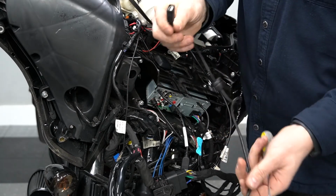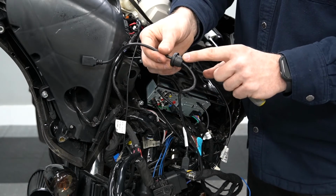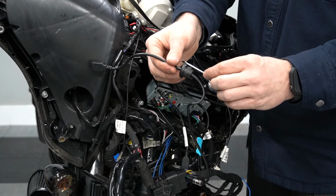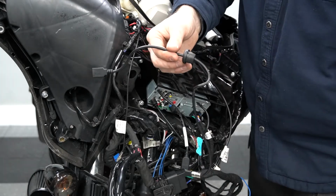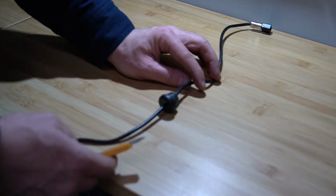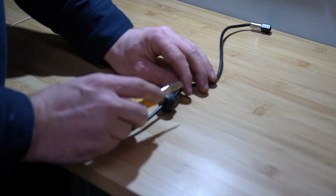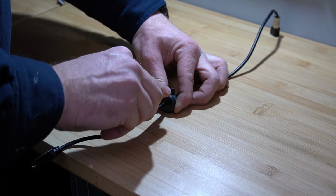You see there's the factory USB cord, and we're going to reutilize this grommet, but to do so we're going to take it over to the bench and get a small utility knife, and we're going to cut a slit in it so that we can open this up and get the grommet off of it. All right, so we took the factory USB over here to the bench. We just have a small razor blade here, and we're just going to very gently, just back and forth,